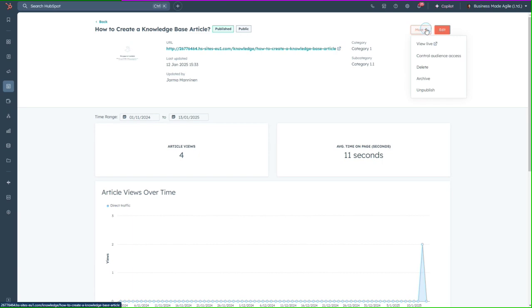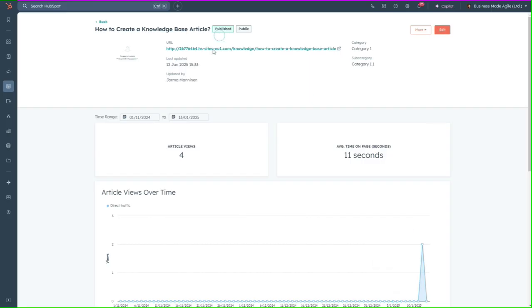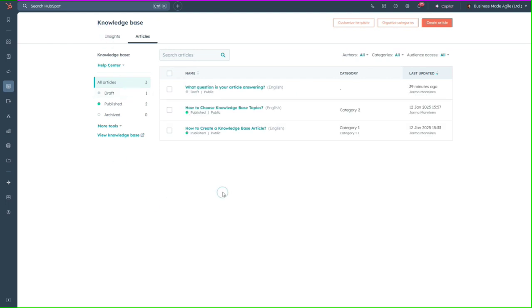And okay, then control the audience access. So here you can select who will be able to see this knowledge base article. This is now public, so anyone who can visit your website can see it. Or you can restrict the access to a group membership, and you can even restrict it in more detail. But most of the articles are public, so let's just keep it public. And then go back to the page, and here